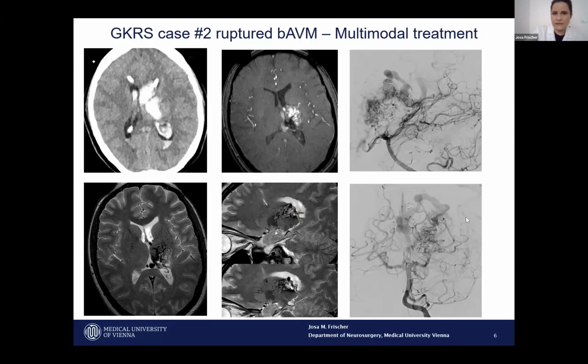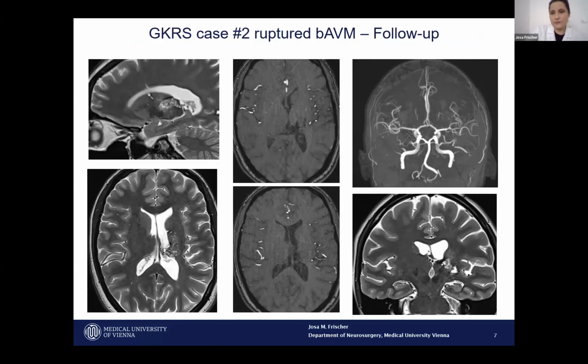As you can see here on the right side, these are already planning sequences for the radiosurgical treatment. This treatment was also done on the 50% isodose line with 19 gray. And it's a very recent case. She just came to me a few weeks ago with a 2-year brain MRI follow-up, and according to the brain MRI, the AVM is already obliterated. So those are two of the very nice cases that went very well.